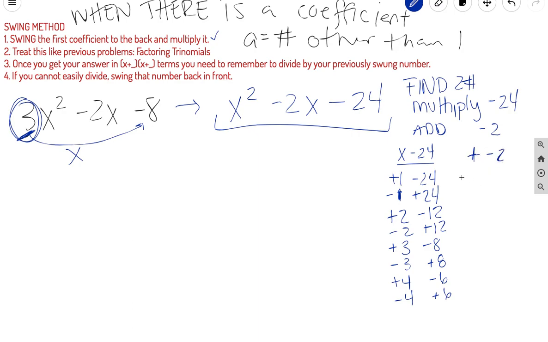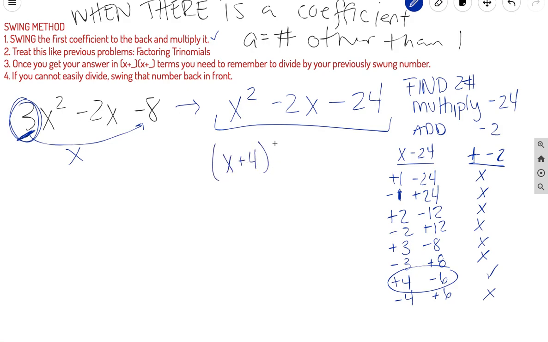And then we have to figure out which one of these adds to get me a negative 2. So which one adds to get me a negative 2? Let's just start going down the list. Right, so this winner right here multiplies to get me negative 24, but then adds to get me a negative 2. So we know this one's the winner. So we write it in